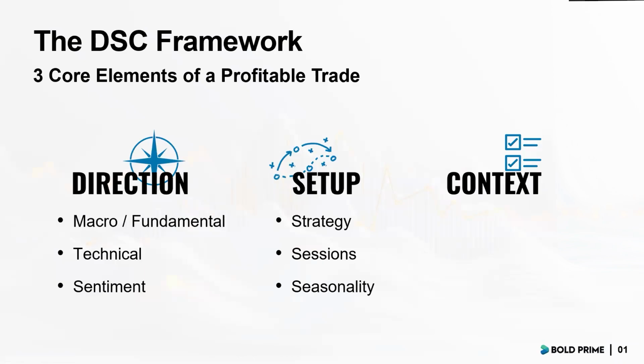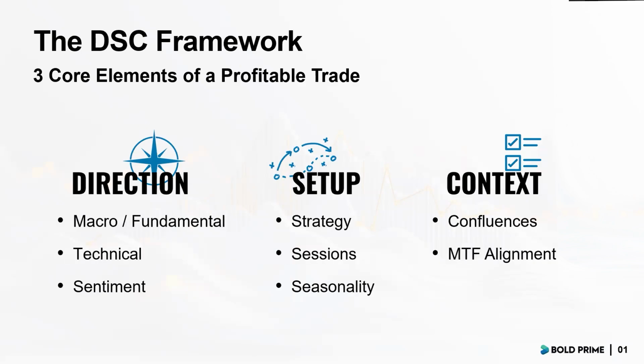So what constitutes this component within the context structure itself is where we talk about confluences. Okay, which means that if I have a setup and a direction, I would also like to seek out more confluences. It can be within technical analysis itself. It can be combining and comparing technical and fundamental. It can be seasonality to give you the extra confluence. It can be multi-asset, okay, looking at inter-market confluences. Essentially, you're finding more elements to support your trading plan, your setup, and the trade itself. Okay, and that's what I meant by confluences.